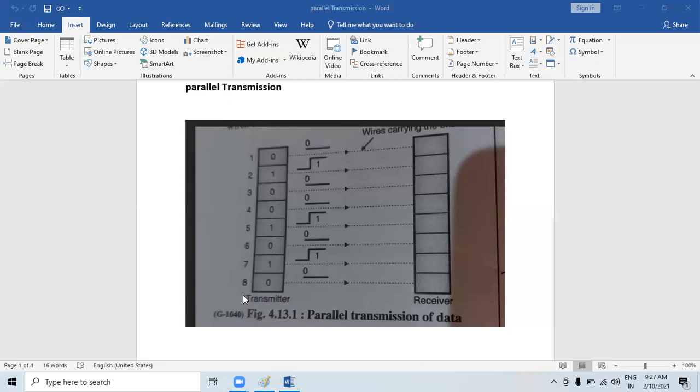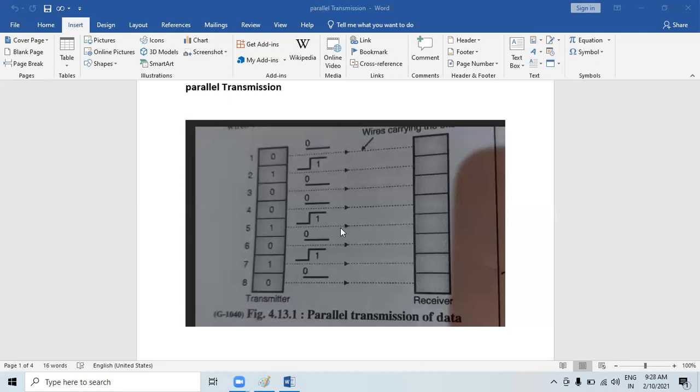The disadvantage is that for transmission of an n-bit word we need n wires. If we want to transmit n bits, we require n wires. So it is the disadvantage, right? As the number of users increases, the number of wires increases, and it becomes impossible to handle them. Serial transmission uses only one wire for connecting the transmitter to the receiver. Hence, serial transmission is always preferred.